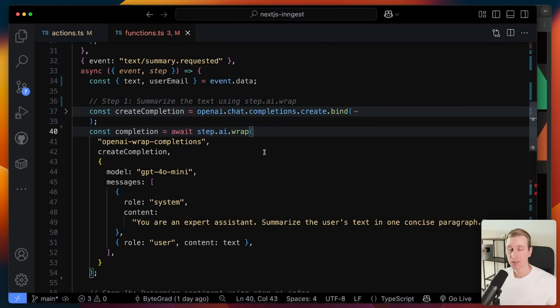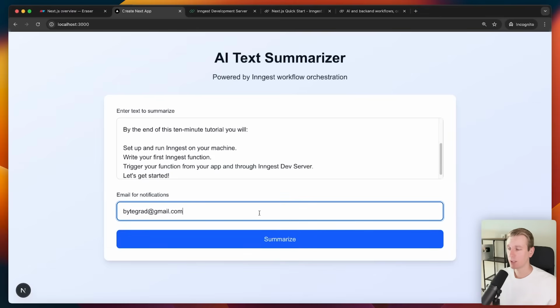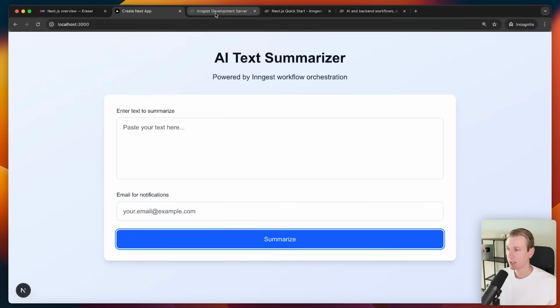They have some AI specific features here as well. So I can also use step.ai.wrap. For example, I want to use OpenAI to actually summarize the text. I can specify the model I want to use, and then it's very similar to how you would use the OpenAI client directly. So if I use that as the implementation to summarize this, now if I go to